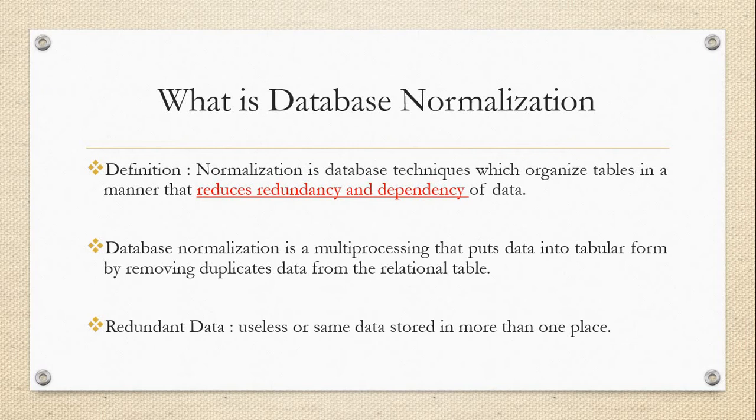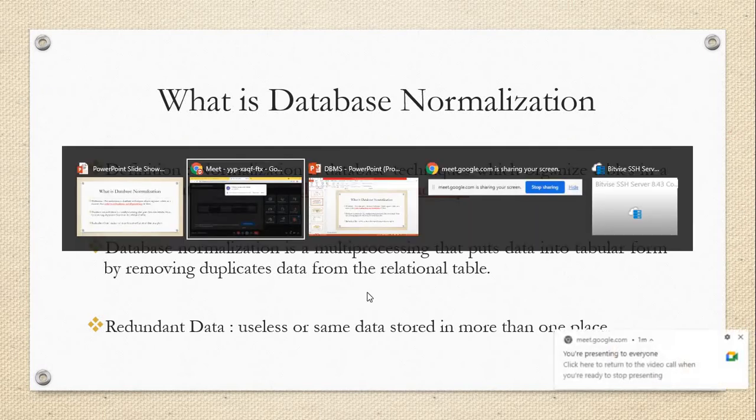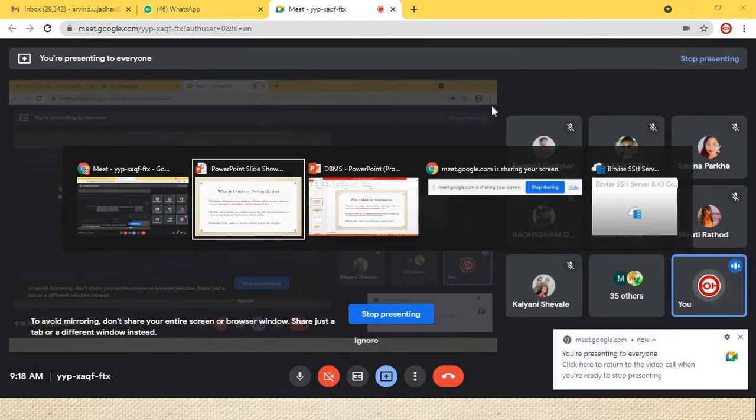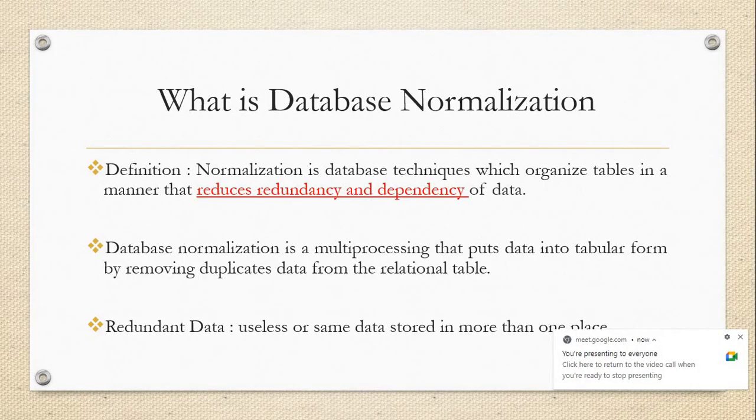Okay, so just carefully look at database normalization. Database normalization is a way to reduce redundant data, and it is a way to reduce the dependencies. Okay, so this is the main definition of normalization.